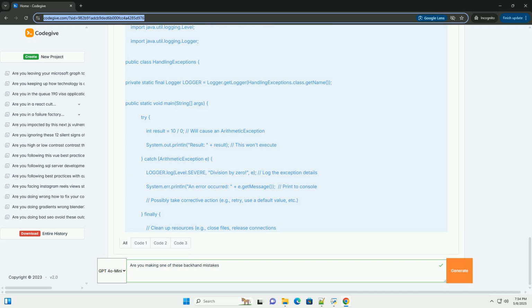5. Ignoring code style and conventions. The mistake: writing code that is inconsistent in style, poorly formatted, and doesn't follow the established conventions of the language or project. Why it's bad: